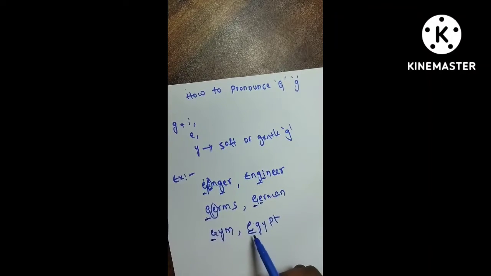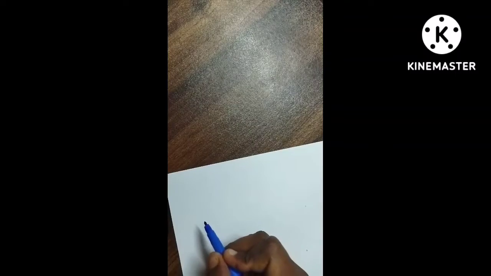Let us see. Is it Egypt or Egypt? We don't know the sound of G, then how can we pronounce this G? But we know now. After G here Y is there, then it becomes soft G. So it is Egypt. Next,